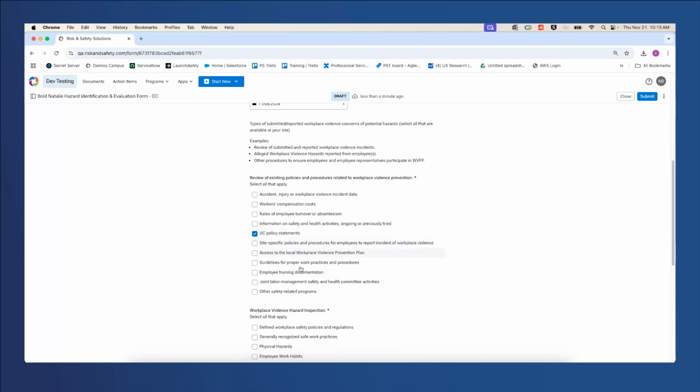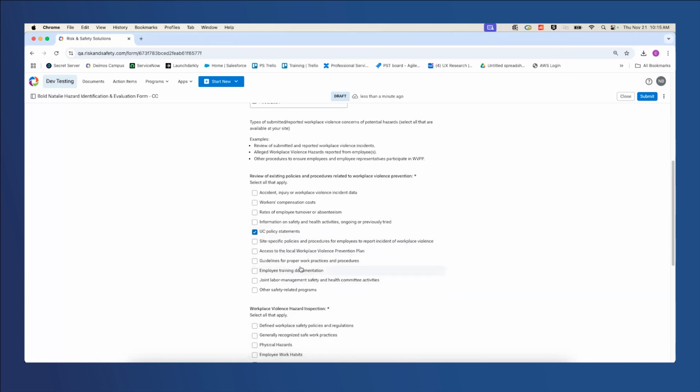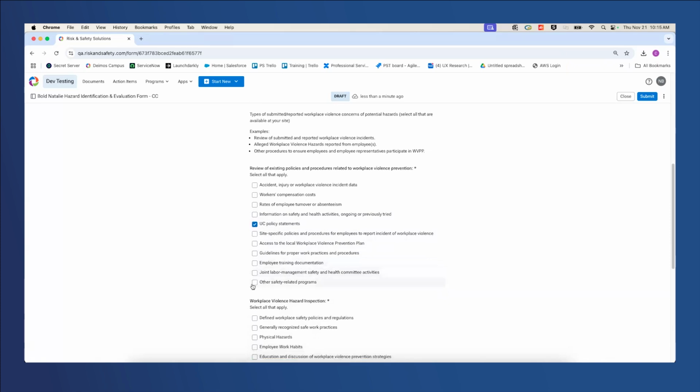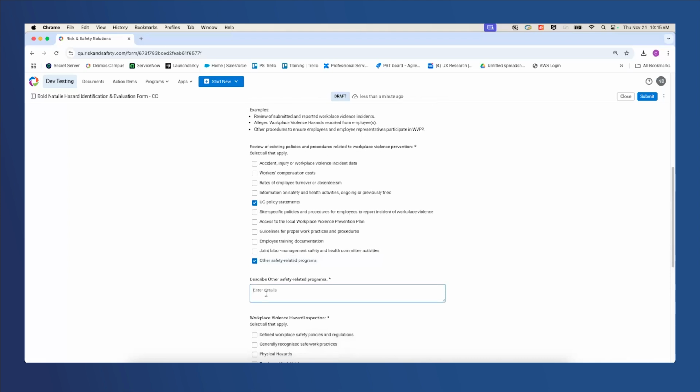They won't identify specifics of your site, for example, it doesn't say policies and procedures manual or anything like that. So they're general drop downs of potentially existing policies and procedures, but it does offer you an opportunity to write in more specifically what is the safety related program or the policy that you are referring to.